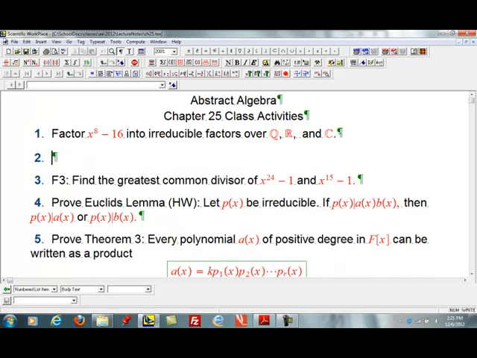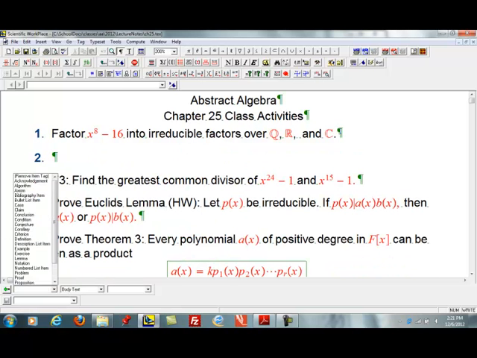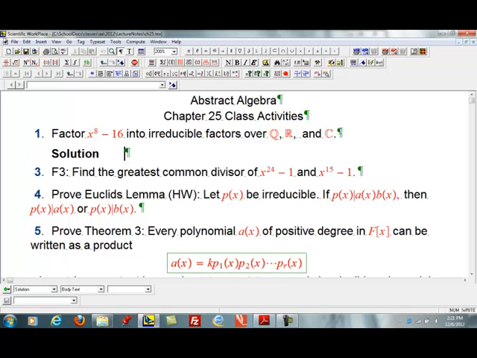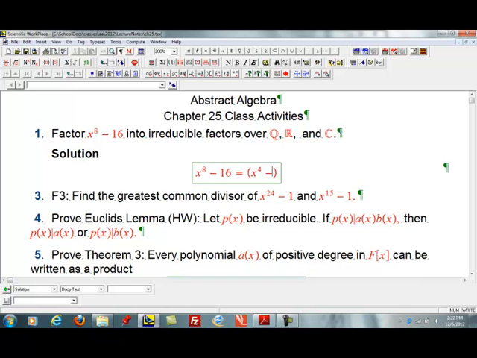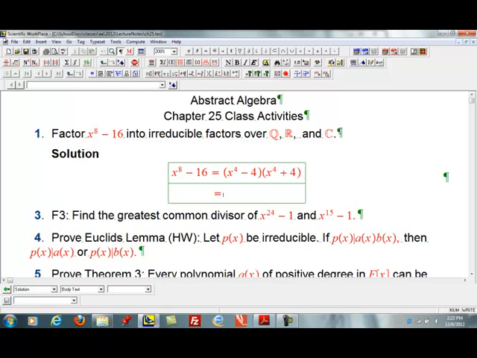Okay, so let's talk about how to factor these polynomials. Well, I can if I'm factoring it in the rationals, because that means I have rational coefficients. So let's factor x to the 8th minus 16. So, yeah, we haven't factored in forever. How do we factor x to the 4th minus 4? And that can be reduced too. Yeah, that can be reduced to x squared minus 2